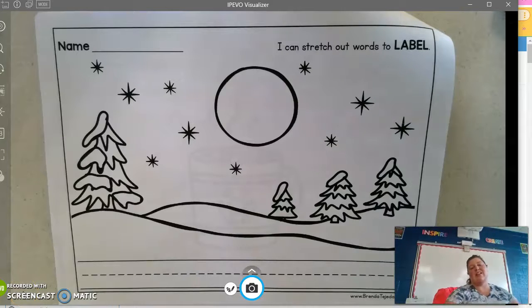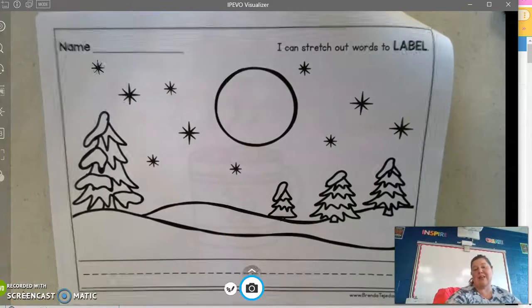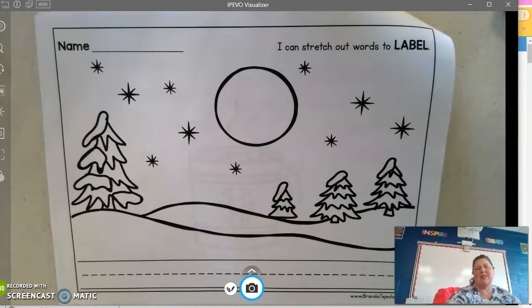Last week we started talking about how to label our picture, and that is one of the things that great writers do, adding labels to our pictures. Why do I keep saying our story? Adding labels to our pictures gives our pictures more detail,